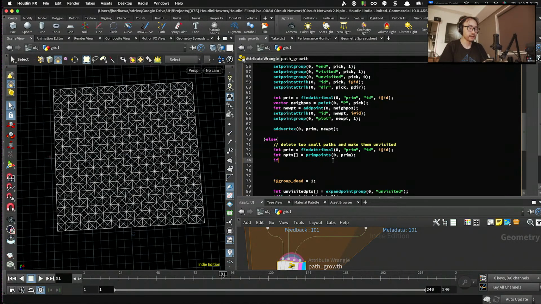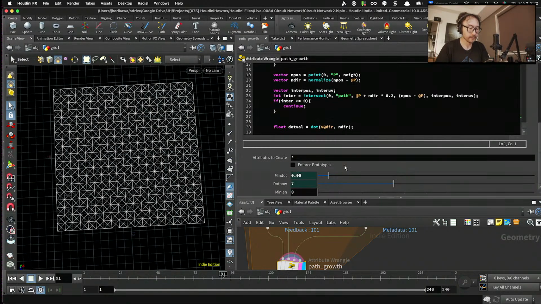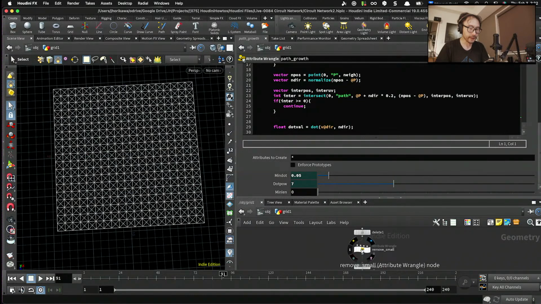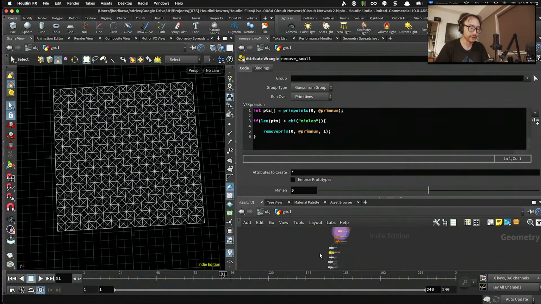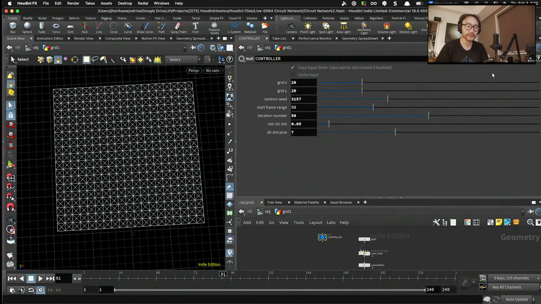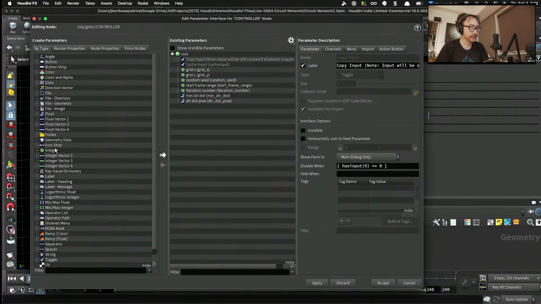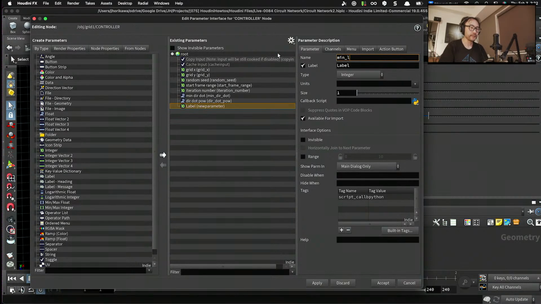Okay, and check if the length of this point array is small or not. And that's where you can parameterize this, so min length. Okay, and this value could be the same value as this one, the remove small value. So let's also parameterize this inside this controller. I'm gonna name this min length